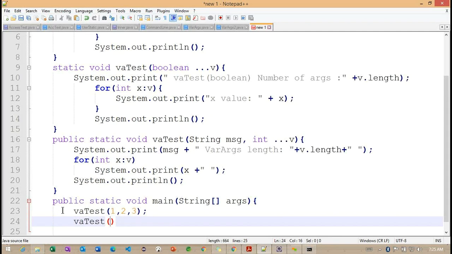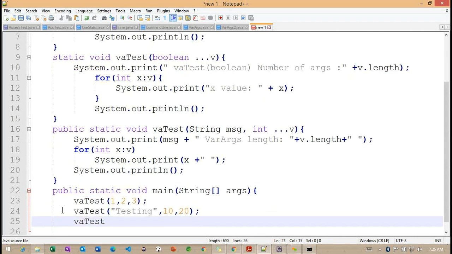The second one, I'm trying to check with a string with two different parameters. And the third one, I'm trying to check with Boolean data.